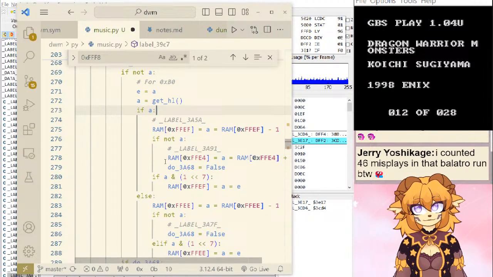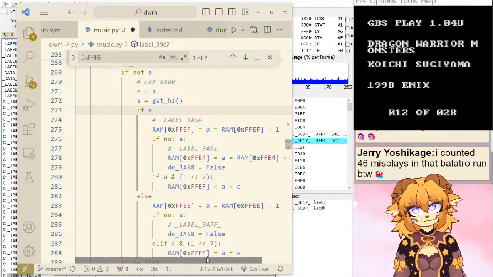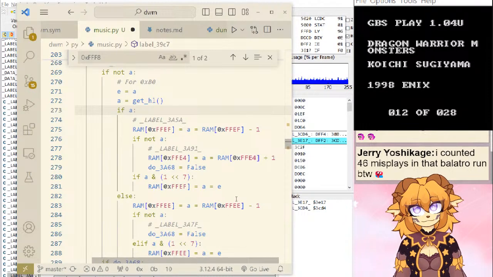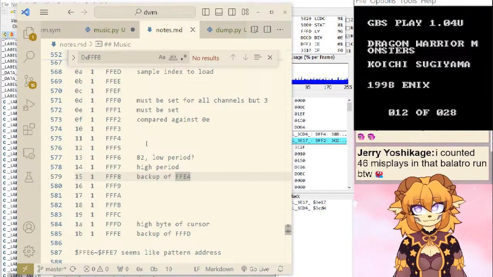So following B0, if A is non-zero, EF. Why EF?